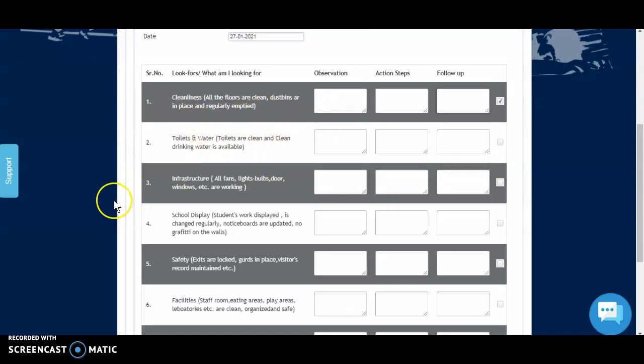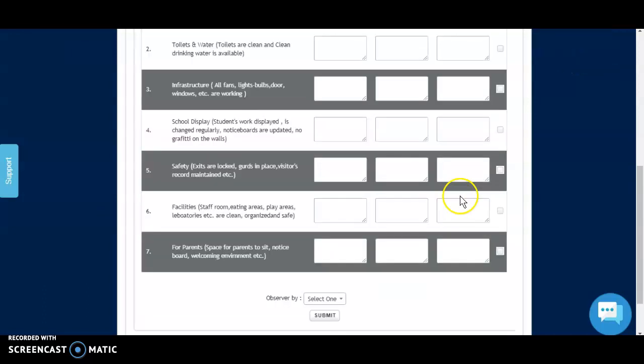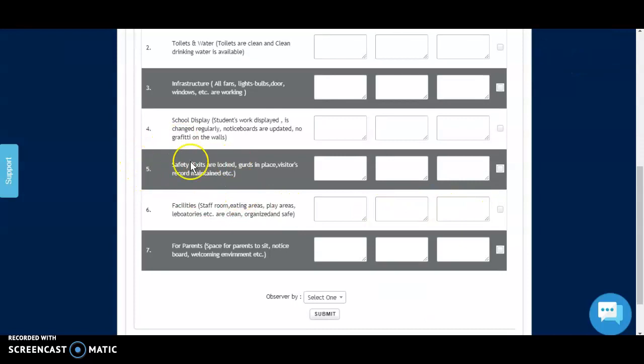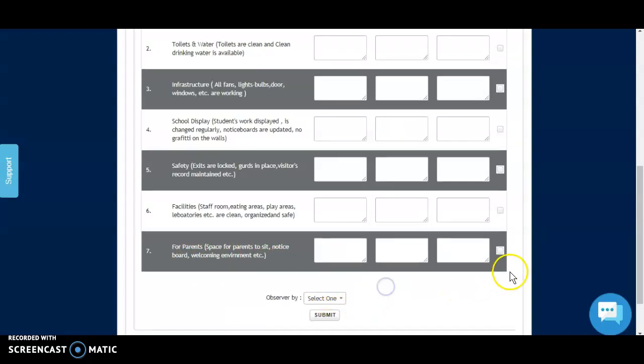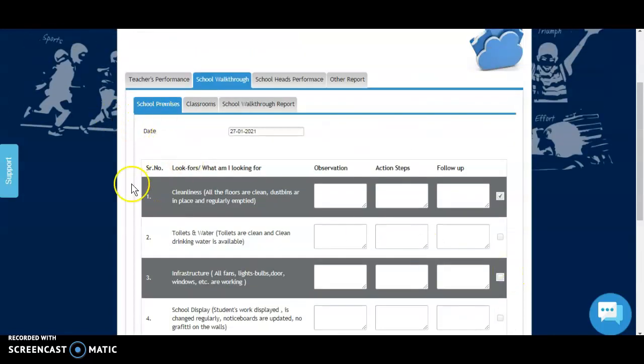So we have different indicators like cleanliness, toilets and water, infrastructure, school display, the school boards, whether they're regularly updated, safety, if all the safety equipment is maintained, facilities, and parents, the lobby, waiting area, whether it's properly cleaned and maintained, and who is going to observe the walkthroughs. So that's our school premises walkthrough.